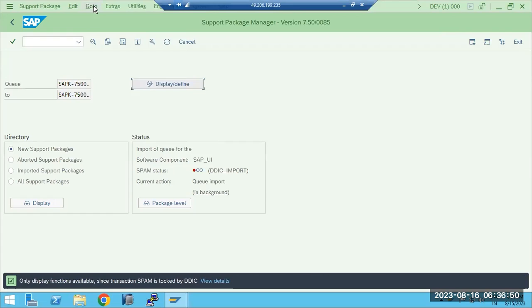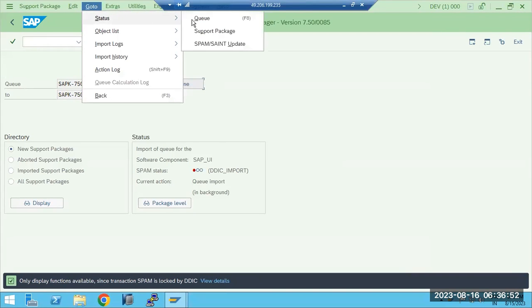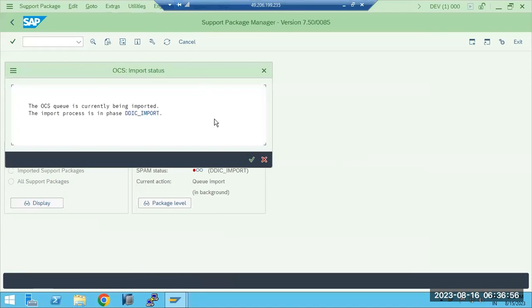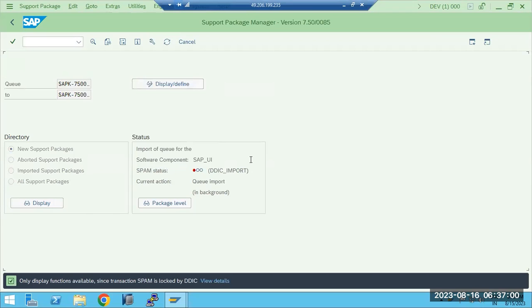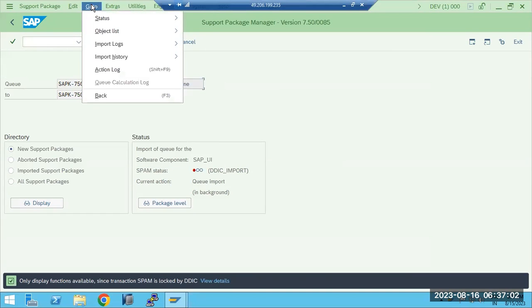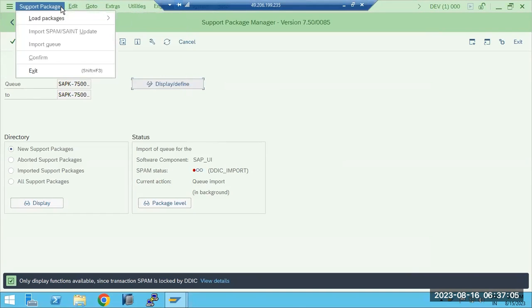It is there, the patches are there now. So now we need to reset the queue. We have to reset it. Import is in progress now. Either we need to cancel, so we need to reset